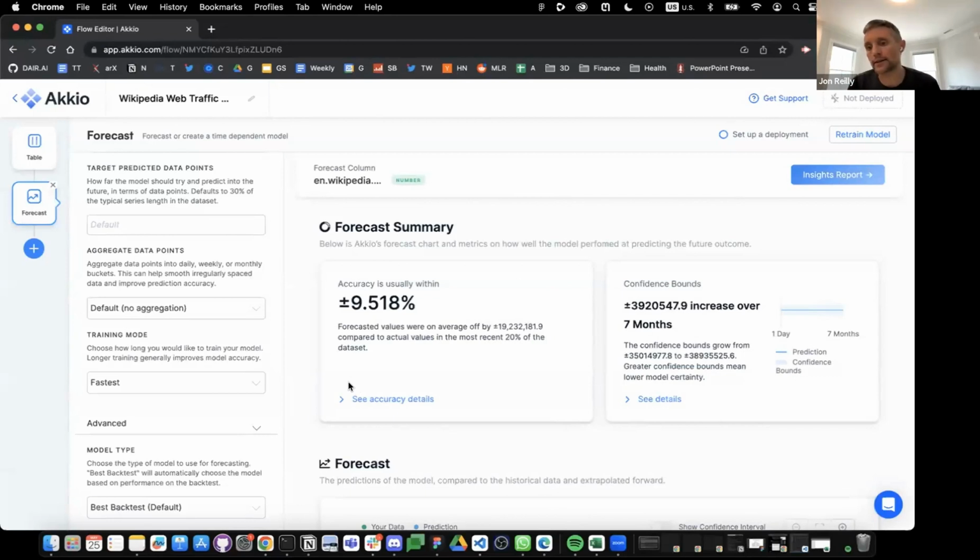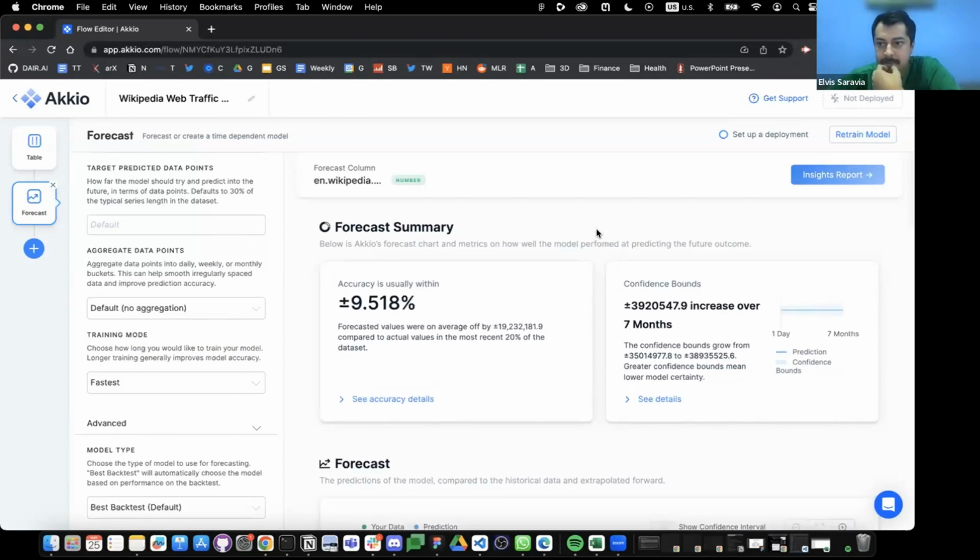And like I said on the back test, I would always choose best back test unless you have a data structure where you have a significant change in trajectory almost exactly 20% ago in history. Yeah, that makes sense from a design perspective. As I'm setting up the configuration, there's a lot of stuff that I'm already setting, and this idea of automatically doing the ML training is really useful. So I don't need to worry about choosing that, but I still need to choose whether I want fastest or high quality. That's really nice. I think it's a nice feature.